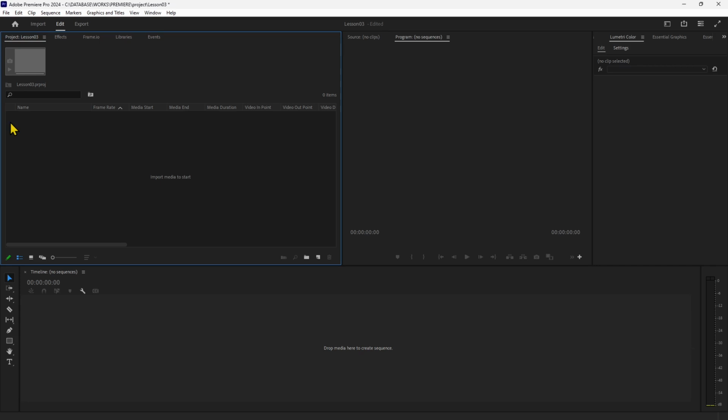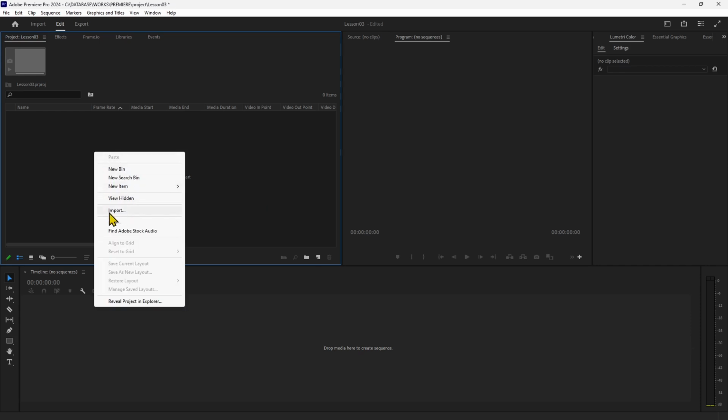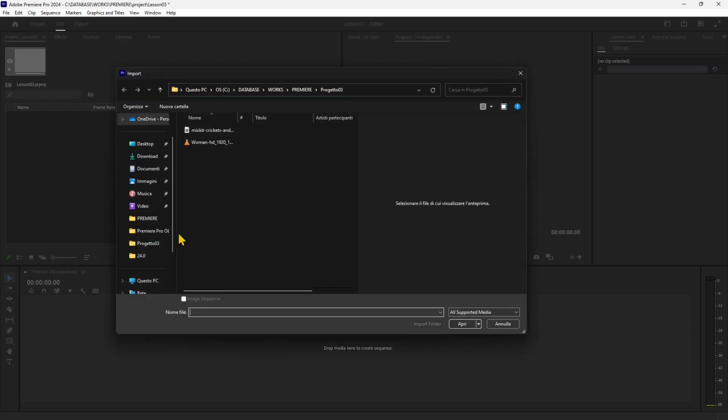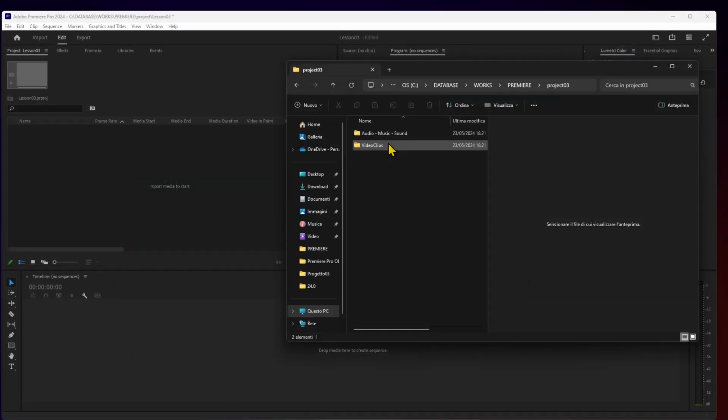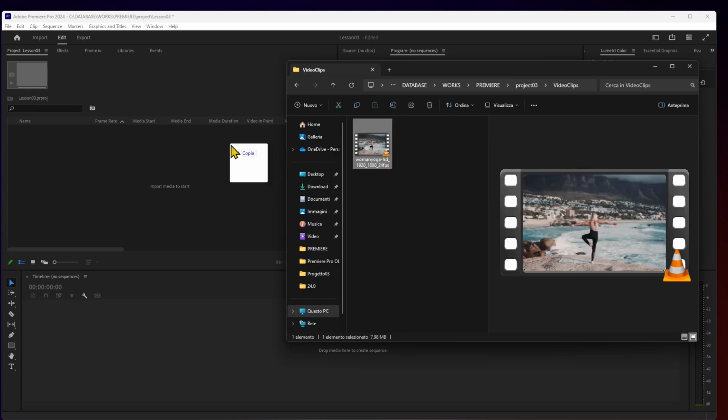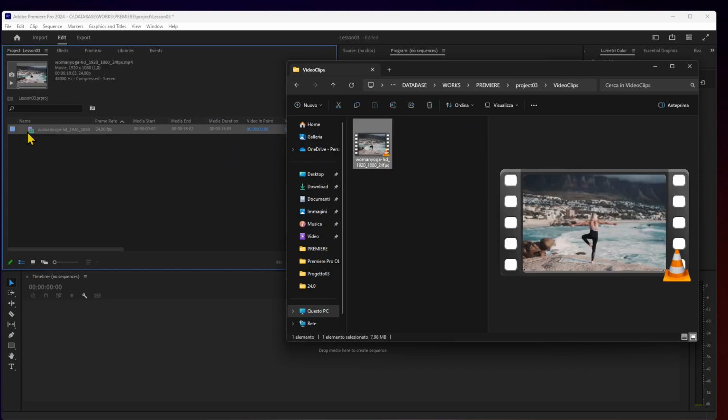Now, there are, again, many ways to do this. You can also drag and drop directly. You can right-click here and import. So just click and choose the file you want to import. And what I want to do is use the folder right here. So instead of using directly the file, I can just drag and drop either directly into the project panel,